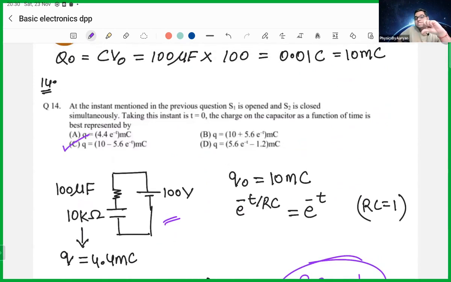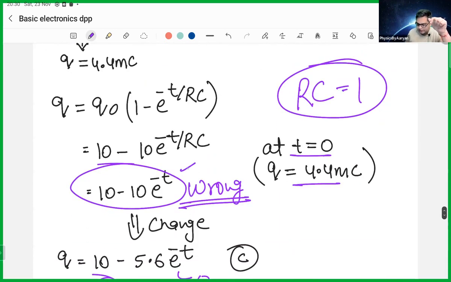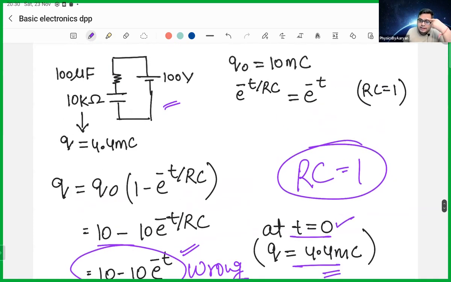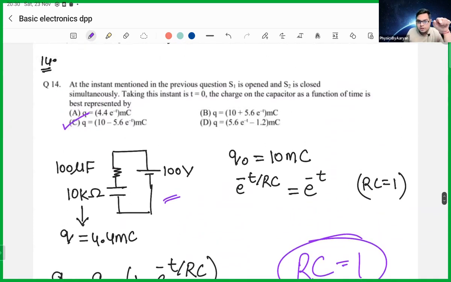Okay? If you are charging the capacitor from complete zero, then this equation is correct. But you are not charging the capacitor from full zero. You're charging the capacitor from the point of 44%. That is why you have a boundary condition that at time t equals 0, your charge is 4.4 millicoulomb. And that is all you wanted to check in all the options. Put the time as 0 everywhere. So the first option is also good, but this does not match